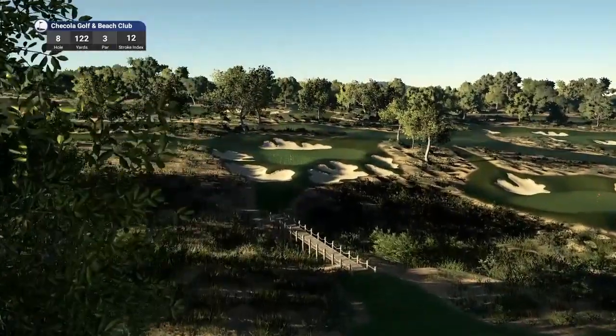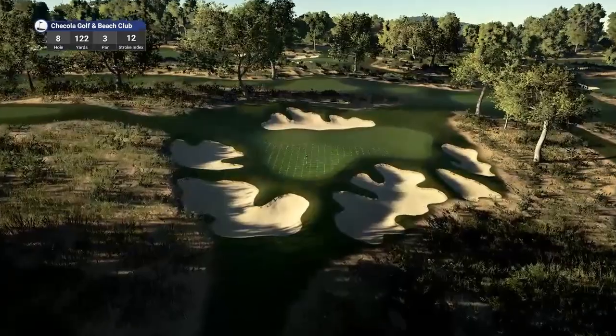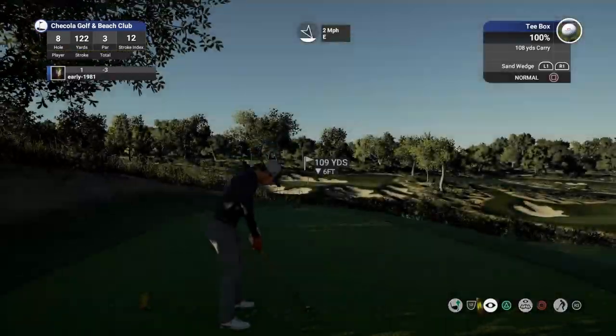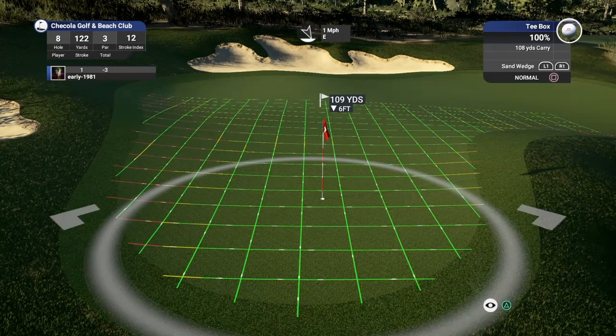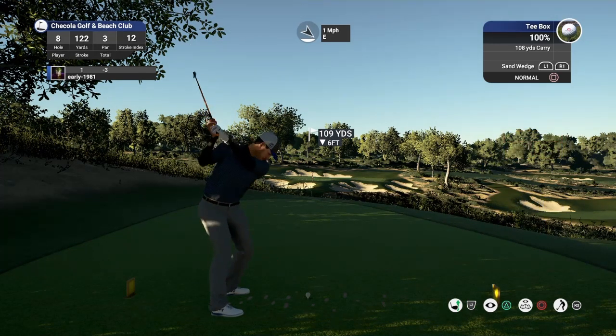So, hole number 8, par 3, playing 122 yards, stroke index 12. It's another hole that looks very daunting and intimidating from the tee box. Certainly don't want to be short. Loving the position of the pin here. So sand wedge, just lofting this up one touch. Try to fire this right at the...